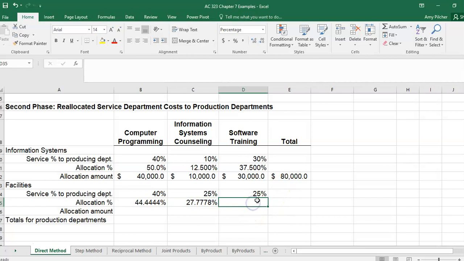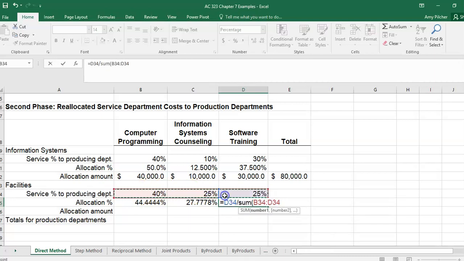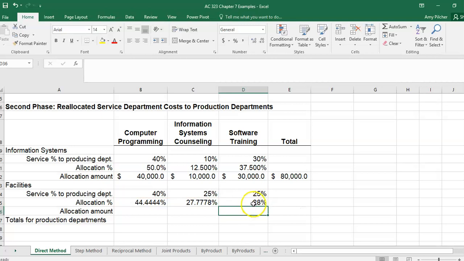And we're going to take that percentage out 4 decimal places as instructed